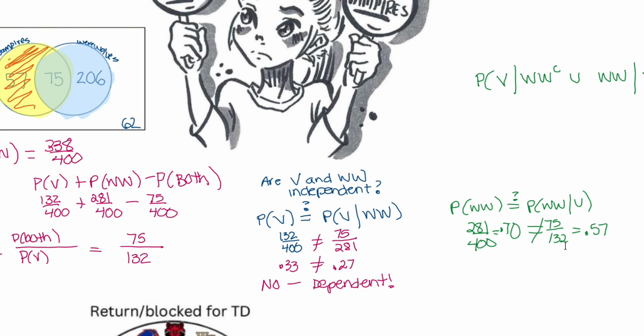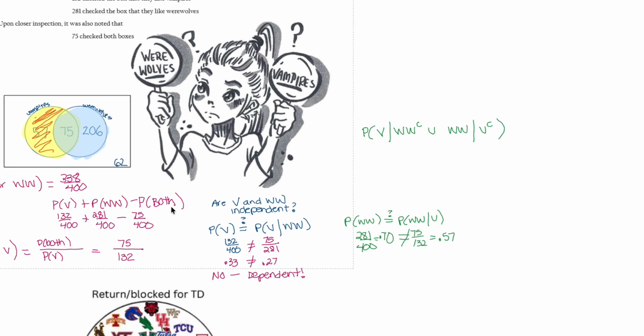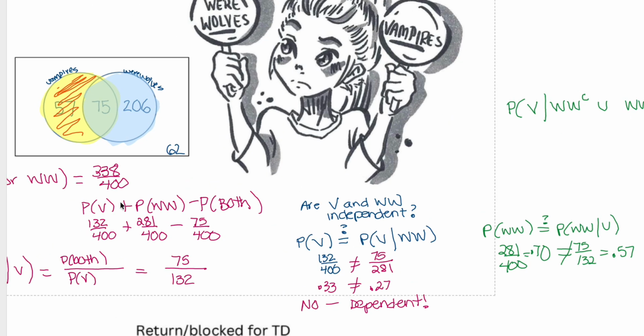You can see that you get the same result. The numbers may not be the same, but the conclusion should be the same. They are not equal to each other, therefore they're dependent on each other. Okay, so moving on to